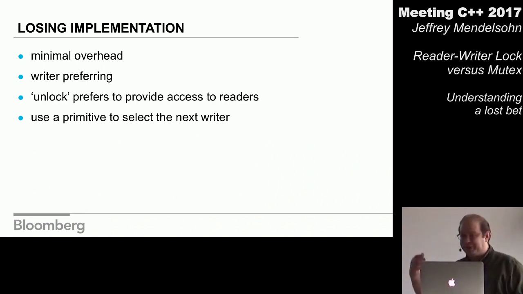So what it actually does is, if there's a pending writer, new readers will pend themselves and join something, as opposed to moving forward. And when a writer unlocks, it prefers to give the lock over to the group of readers that are pending. So it sort of flip-flops between read access and write access. And we use a primitive, a semaphore, to handle who gets the lock next of the set of readers that are pending or the set of writers that are pending.